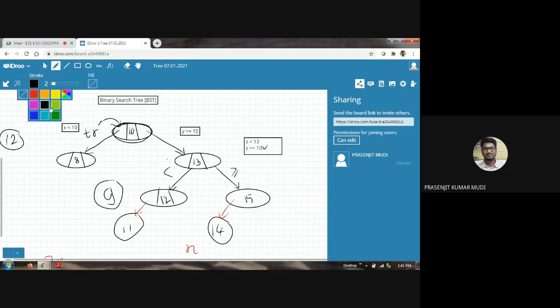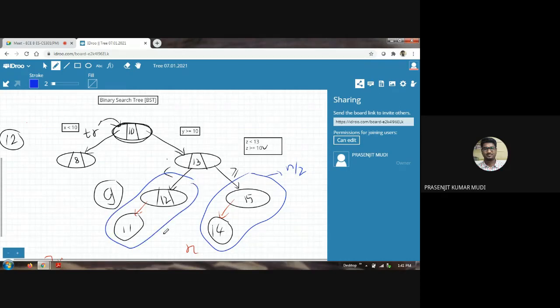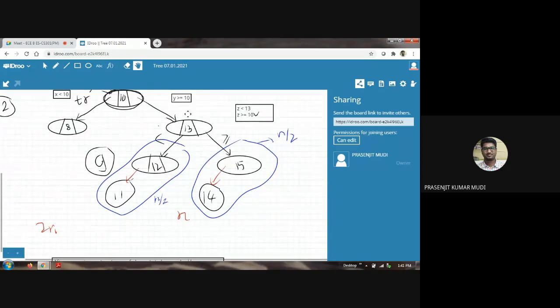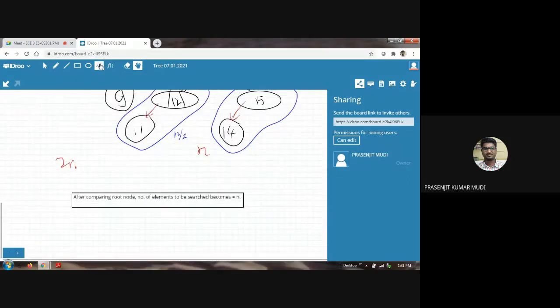So suppose in this right subtree, total there are n elements. Out of n elements, consider this right subtree contains n by 2 and this left subtree contains n by 2. Total n elements. ঠিক আছে এইভাবে. So as you are discarding the right subtree for further searching, after comparing with this node, the number of elements for searching in the left is n by 2.